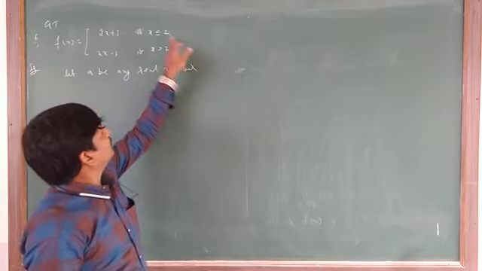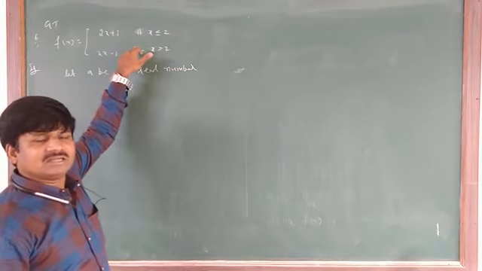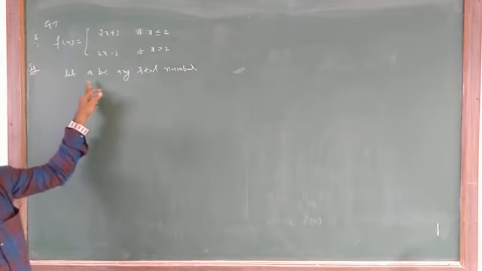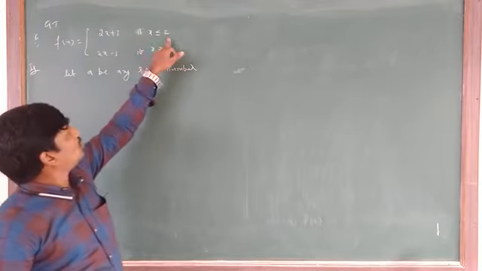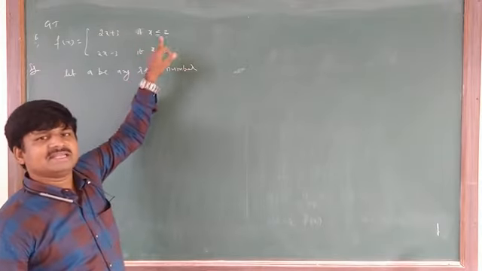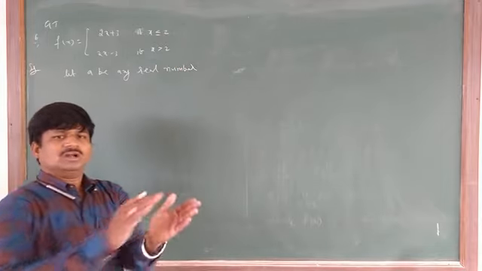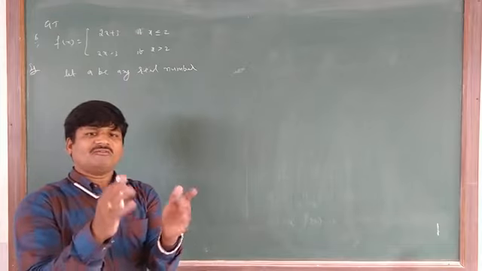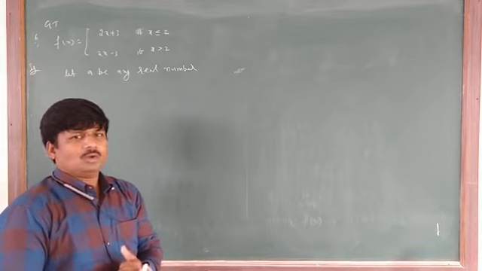That is why the function is given as a splitting function. So what do we take here? I am taking A to be any real number. That A value below 2 I am taking, equal to 2 I am taking, above 2 I am taking. Now I am going to check below 2: for every real number below 2, for every real number equal to 2, for every real number above 2. We have to check like this.